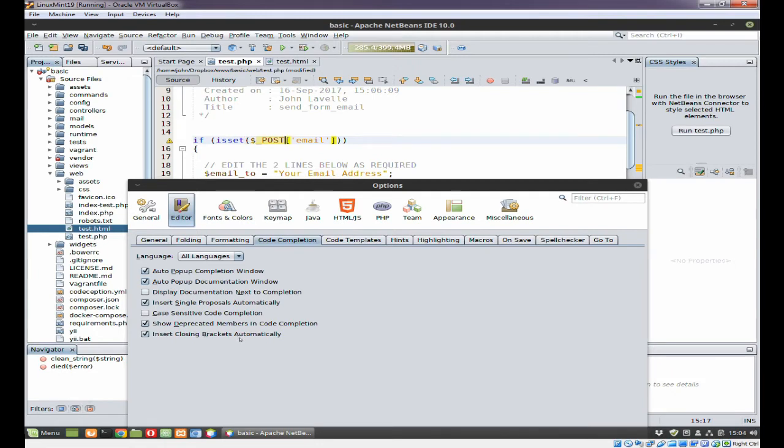Insert closing brackets automatically, which is a very good idea because I tend to forget. Usually when I'm programming, I have these two switched off because they do start to get a bit annoying for me. Again, it's your choice as to what you have and what you show. If you know the language well, you may wish to switch those off for that particular language, but leave it